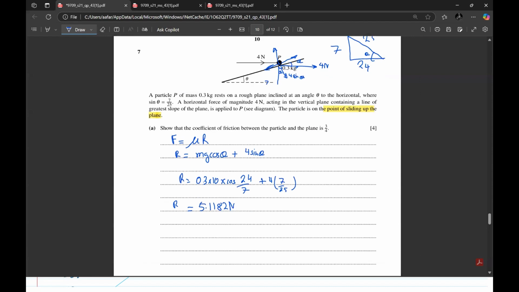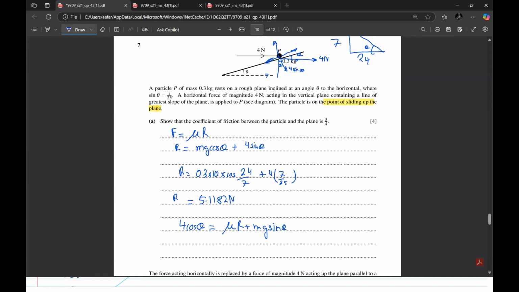So we have the R and we have the weight component. Now let's equate. So 4 cos theta is equal to the frictional force plus the component of the weight. Friction force is mu R plus mg sine theta. Since it's sliding up the plane, we know that mu R is equal to 4 cos theta, which is 24/25, minus mg sine theta. 0.3 into 10 is 3. Sine theta is basically 7/25. So mu we get is